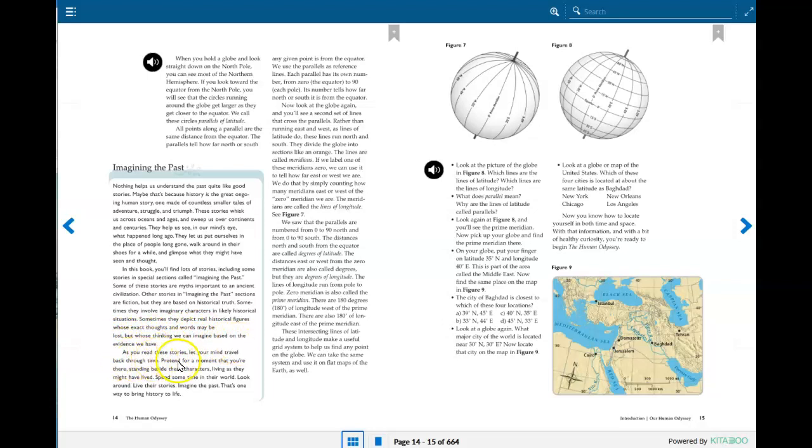As you read these stories, let your mind travel back through time. Pretend for a moment that you're there, standing beside these characters, living as they might have lived. Spend some time in their world, look around, live their stories, imagine the past. That's one way to bring history to life. And that's the end of the reading of pages 13 through